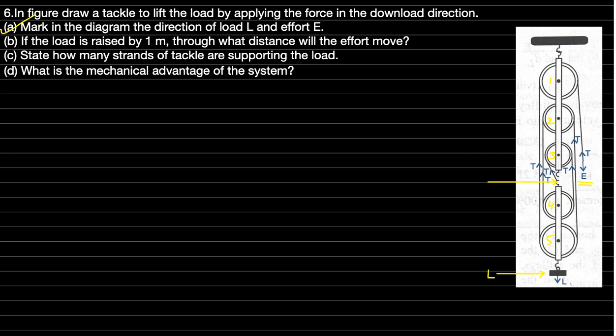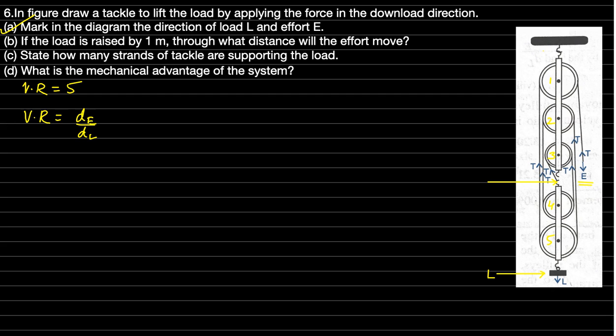So for finding this, we would be needing the velocity ratio, and as there are 5 pulleys, I would straight away write the velocity ratio as equal to 5. So now for velocity ratio, we have a formula, that is velocity ratio is equal to distance moved by the effort, that is dE,